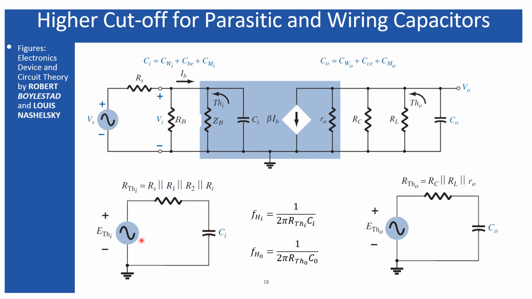And finally, we should have a cutoff frequency FHI associated with this RTHI, the Thevenin equivalent impedance when you are looking from this terminal, which is the parallel combination of all these four resistors, where RB I have written as R1 parallel R2, or RB1 parallel RB2, whatever notation you can use. And FH naught is associated with the parallel combination of all three resistors, and due to that equivalent resistor, there is another cutoff frequency. So these two cutoff frequencies appear due to the combination of these network capacitors and the parasitic capacitors.